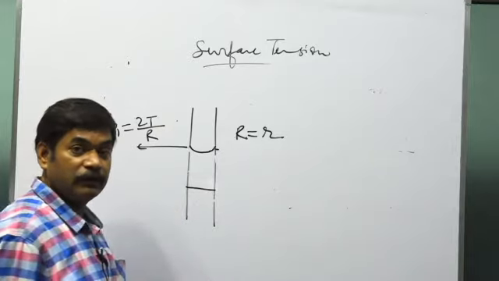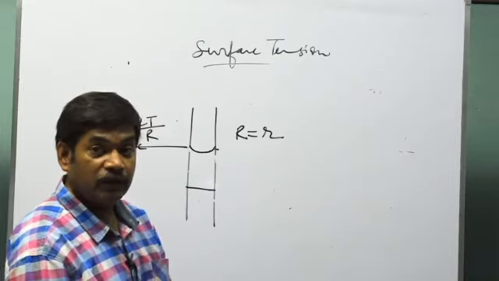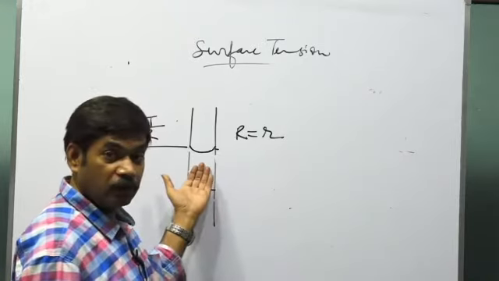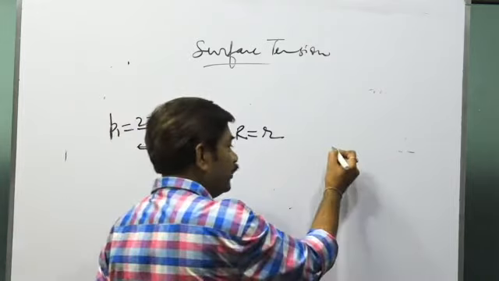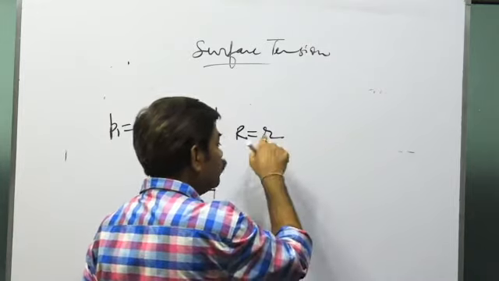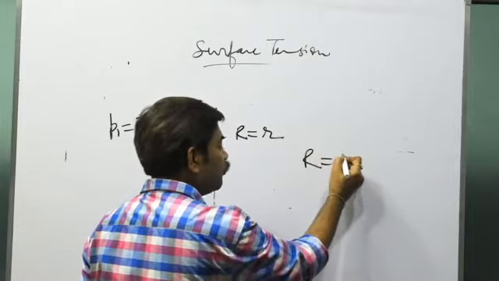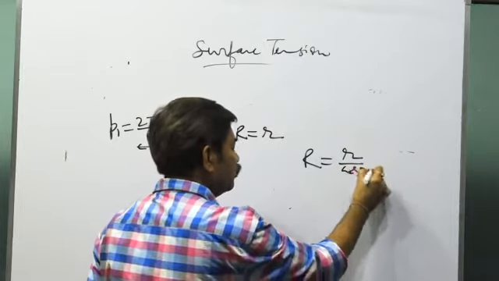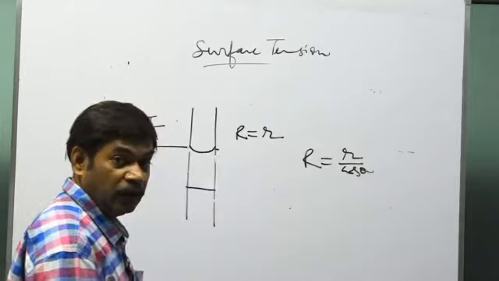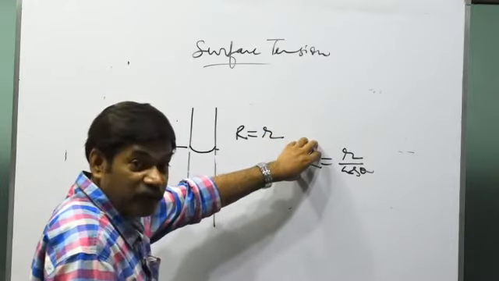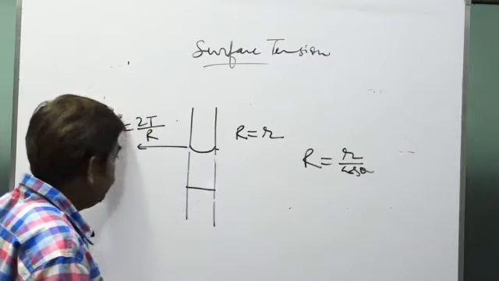Is that clear? Now see, in some other case, if the liquid is not water or the material of the capillary is not glass, you can always find, they'll give these parameters. They'll give the radius of the capillary and the angle, and you'll have to calculate the radius of the meniscus, where capital R equals what? Small r by cos theta. So these parameters will be given to you so that you can calculate that. But the radius of the meniscus of the upper surface will always be that, and due to that, the pressure generated will be what?